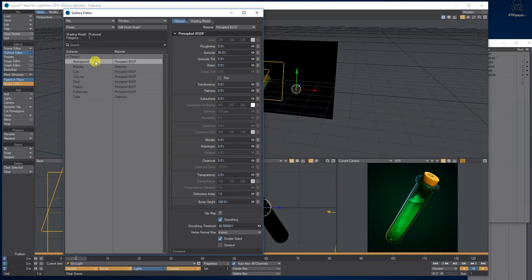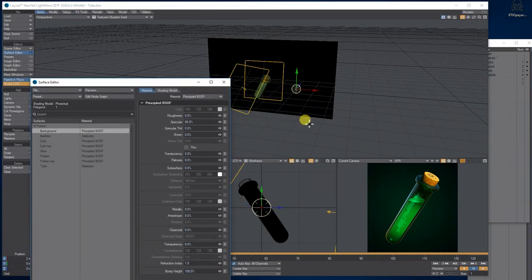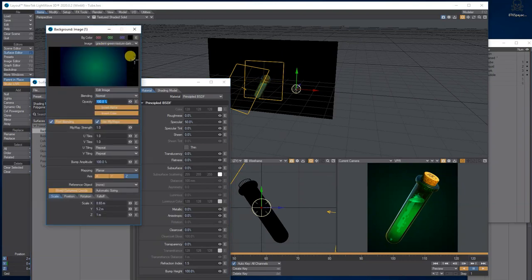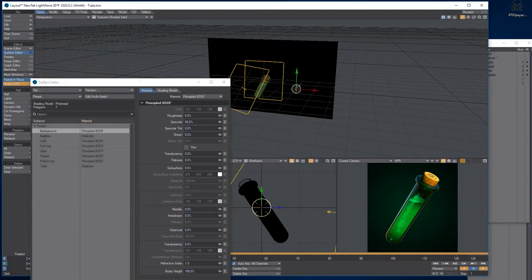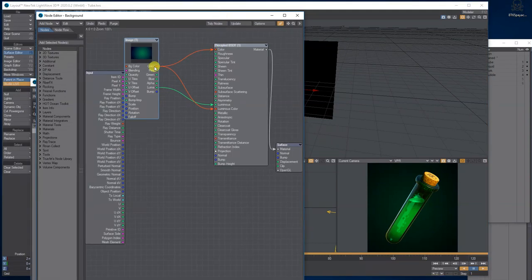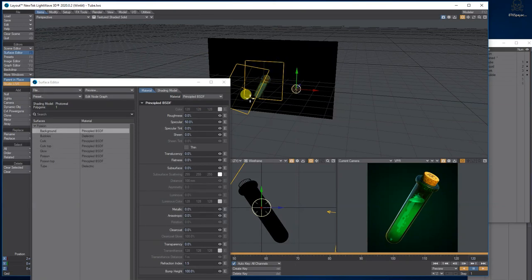and for the background, it's just, as you see, a plain black poly with a gradient image on. That's it. But what I did do is I've plugged the colour into colour and then colour into the luminous colour and the luminous into the luminous, because I've told all the lights in the scene to ignore the background. I don't want any shadows from this to hit my background or anything like that, and I just want it to light under the luminosity. So that's it for that bit. So again, you can see that when I give you the scene file.